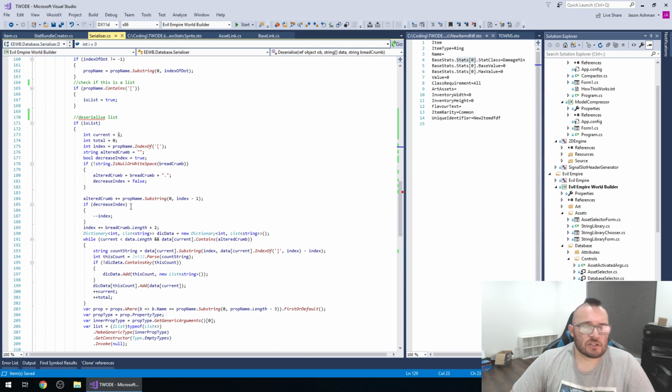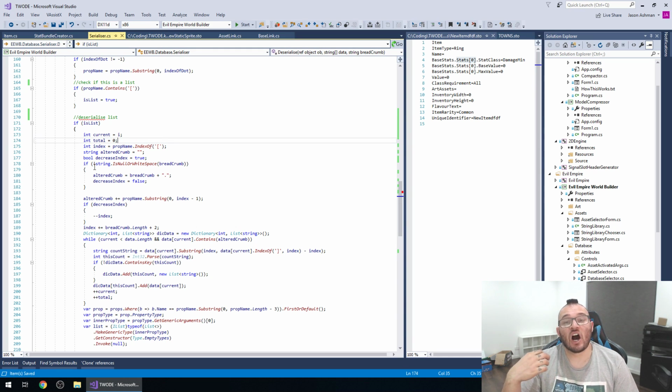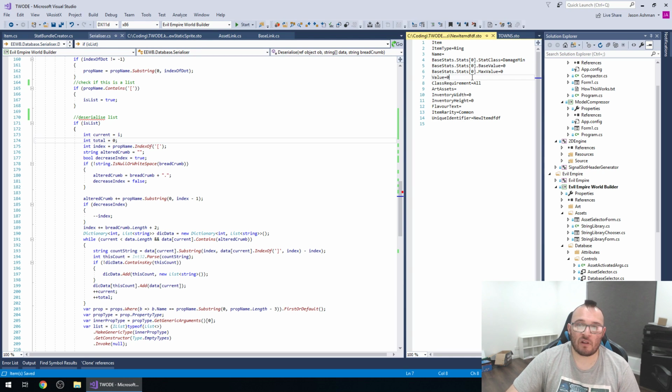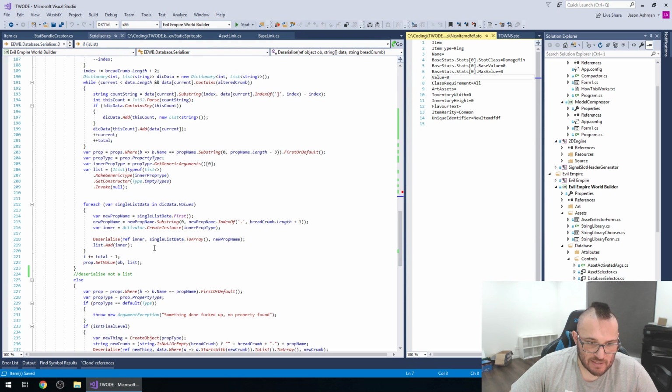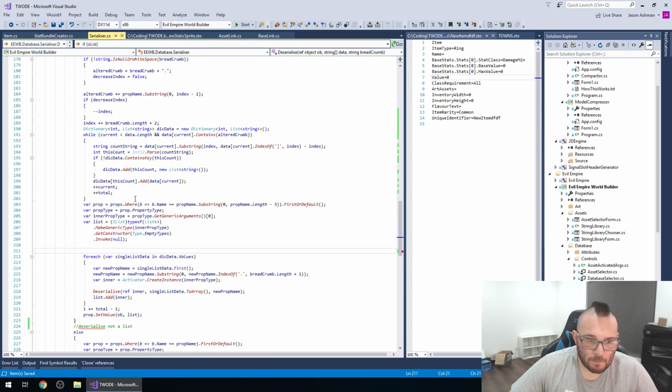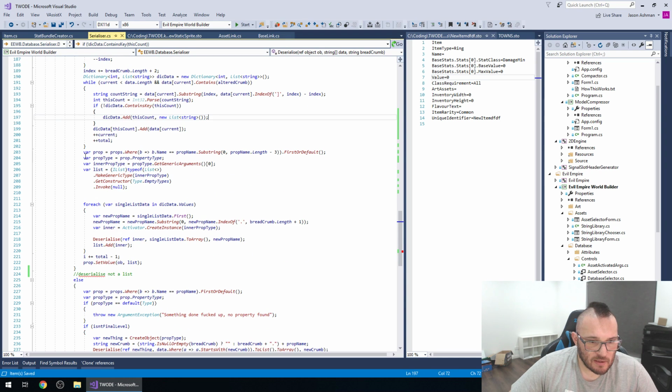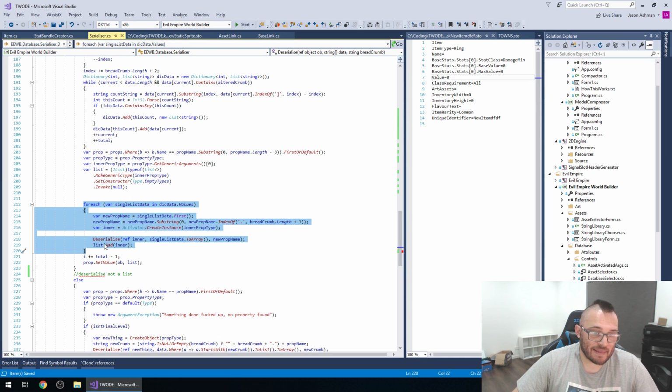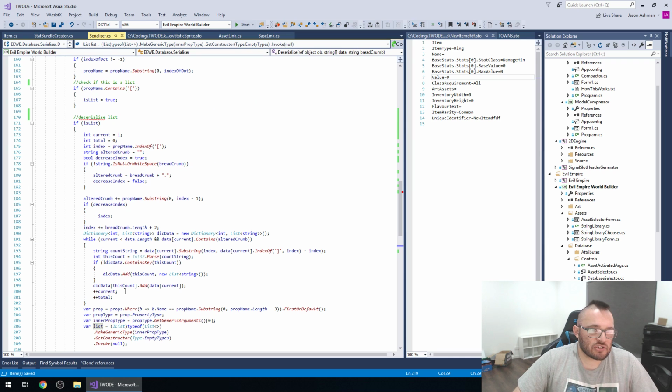Okay, cool. So this current here refers to not the number of the item, so not this 0 here, but what line you're currently on. Because what it's going to do is search for everything that's going to be in that list and deserialize it all at once. So it's going to go down to the end here. So it's going to add all the data in, then it's going to create a list, then it's going to go through all the data and deserialize that one by one, and then add it to the list to make sure that it goes to the entire list all at once. In the case of this one here, which I'm pointing at the screen again,